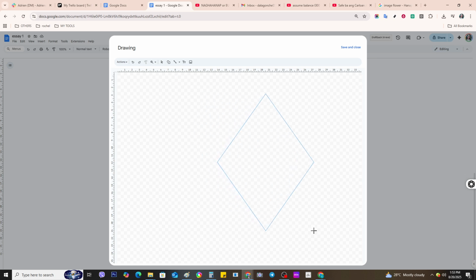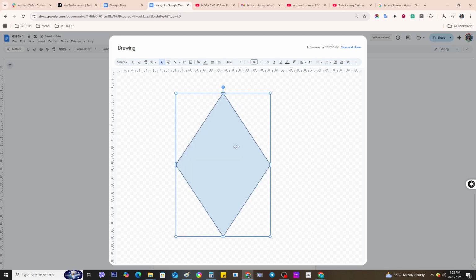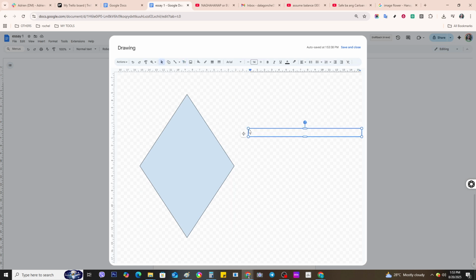Click on the type of shape you'd like to use, then move your cursor to the drawing canvas. Click and hold down, then drag your mouse to draw the shape. You'll see it appear on the canvas as you adjust the size by dragging. Once your shape is on the canvas, it's time to format it. Click on the shape to select it, which will reveal additional formatting options. You can change the fill